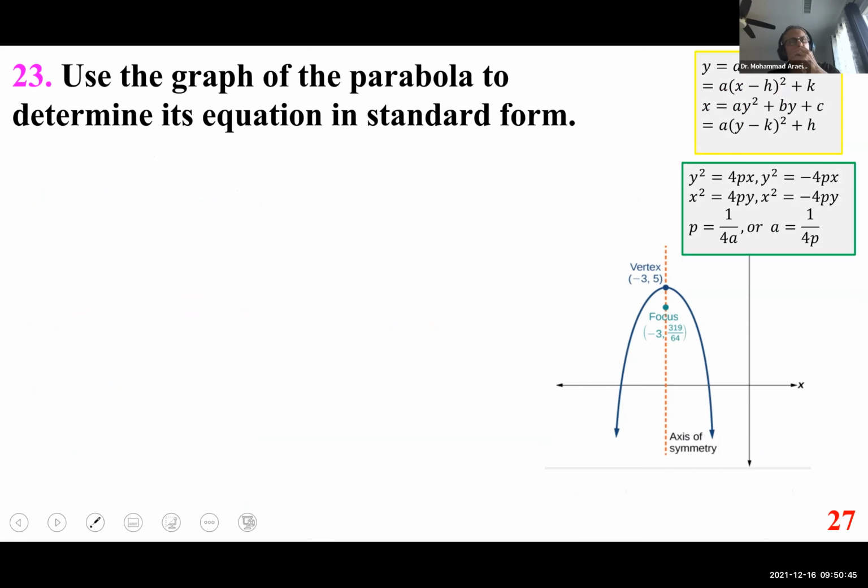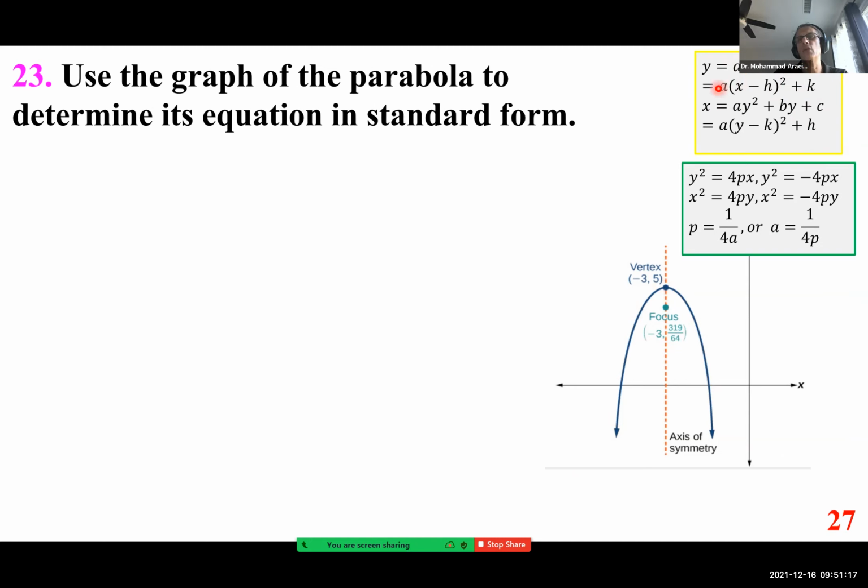Use the graph of a parabola to determine its equation in standard form. And I want to look at this both ways, the way we approach it in this course and also intermediate algebra. I'll go over both of them just to remind everybody what we have. So when we look at the graph, it opens down. So right away, x has a degree 2. So if we stick with this one,